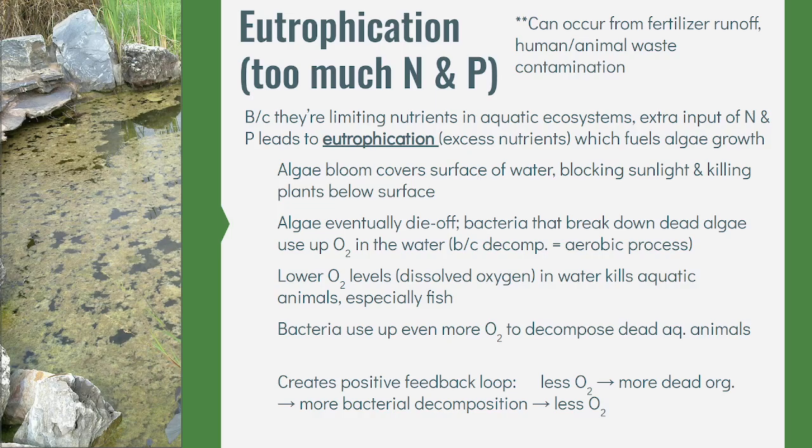So as algae start to grow and cover the surface of the water, like you see in the picture to the left, they start to block out the sunlight from the other algae, which means that the other algae are going to start to die off because they can't do photosynthesis. As the algae die off, the bacteria that live in these aquatic ecosystems start to break them down, which is just a natural process. However, with more dead algae, you get more decomposition, and the process of decomposition by bacteria